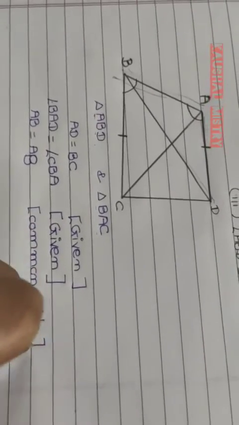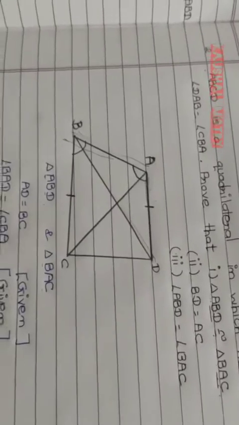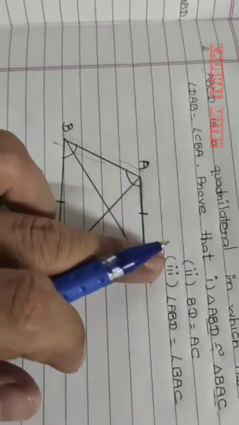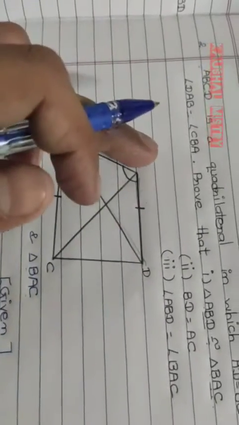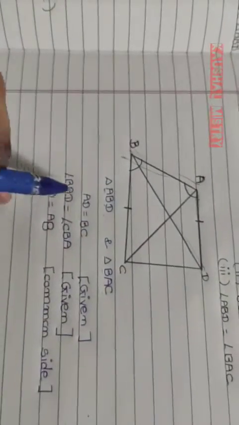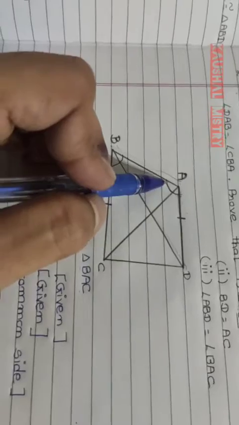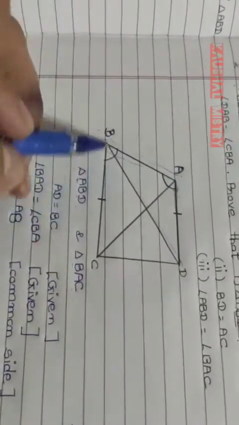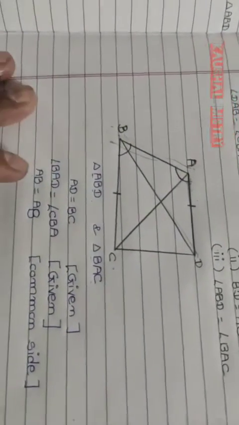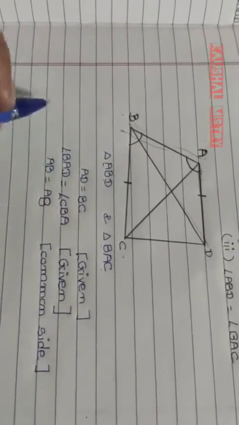Common side. Now we can see that AD and AB and the angle between them, because AD and AB is there and angle between them is there, and here AB and BC is there and angle between them is there, right? So that means two sides and one angle. So by